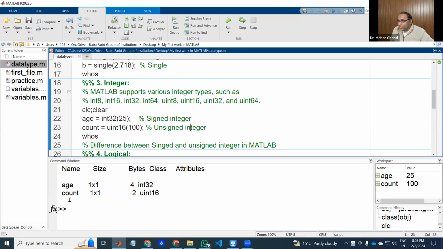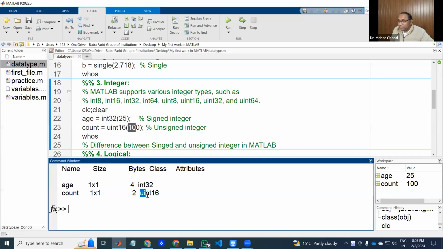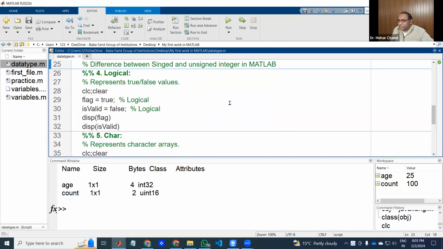In the first column we have the name of the variables, then we have the size, then we have the bytes. Here for age we have 4 bytes, and for this one we have 2. But here we have an unsigned integer, and the value is 100. So you can see and check all these. Then we have logical,